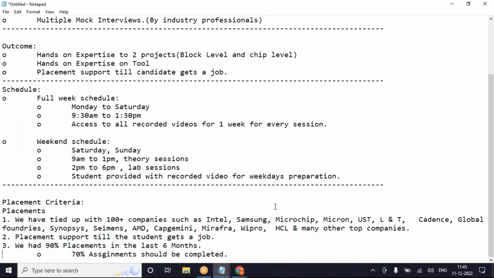Now, when we say that we will provide you placement support till you get a job, what does it mean? Basically, we are tied up with almost 70 plus companies that include Samsung, AMD, Intel, Wipro, Infosys, Synopsys, and our trainers are working in the same industry. Even sign-ups we have. So we have a good connection, and we keep the projects updated every 3 to 4 months. Earlier we were doing 28 nanometer technology. Now we have introduced 14 nanometer also. So we will deliver both 14 as well as 28 nanometer.